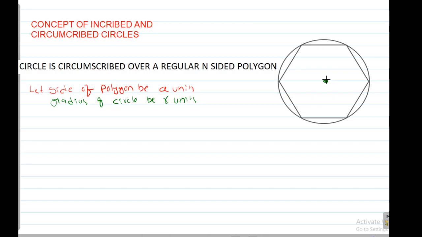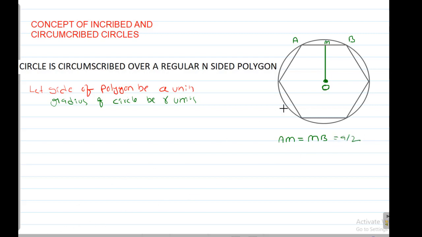From the center, if you draw a perpendicular to any one of the chords, it will bisect it. Basic theorem. Assume that this is O, and this is M. Now one of the chords is AB. Then M becomes the midpoint of AB. So AM equal to MB equal to a by 2 units.